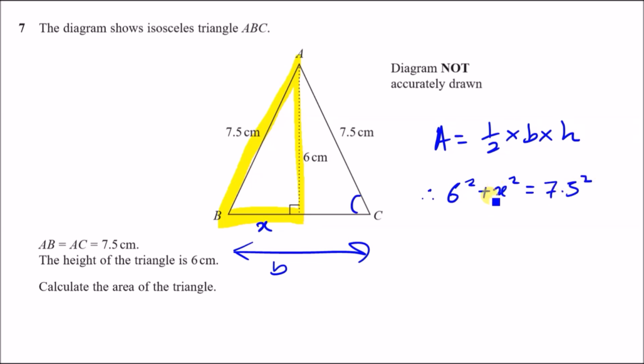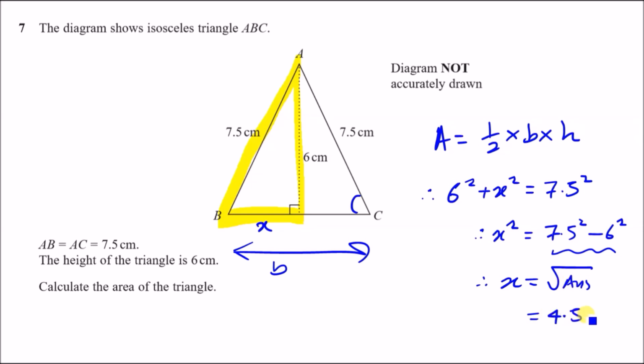To get x, we subtract 6 squared across. So x squared equals 7.5 squared minus 6 squared. Put this in the calculator and then square root your answer. You get 4.5 centimeters. So that's our x value, 4.5. That means the whole base, which is 2 times that because it's exactly the same, is